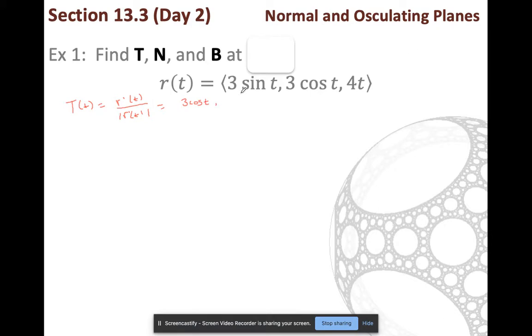Now look for some nice trig stuff to happen. Can you see what's going to happen here? This is going to be 9 cosine squared plus 9 sine squared plus 4 squared. I'm going to factor out the 9, and then I'm going to have cosine squared plus sine squared, which is 1, and 16. So that's the square root of 25. So I end up with